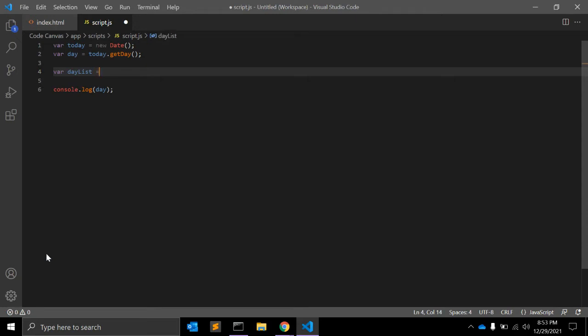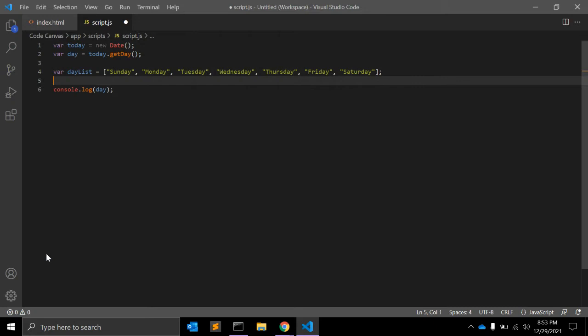array which contains all the weekdays: Sunday, Monday, Tuesday, Wednesday, Thursday, Friday, and Saturday.